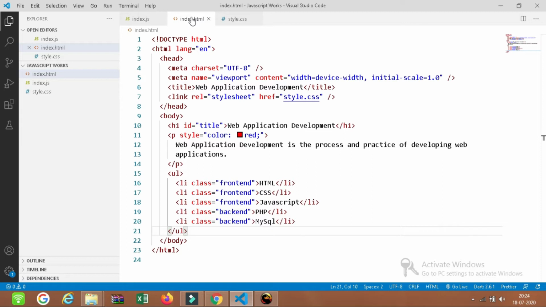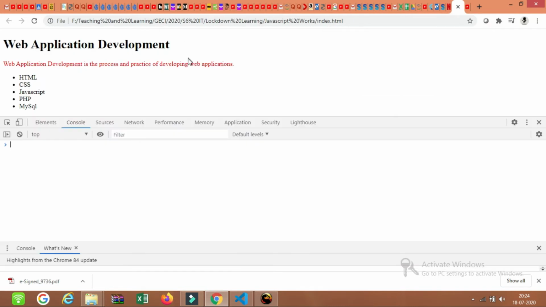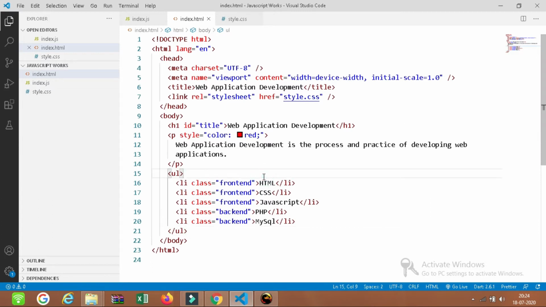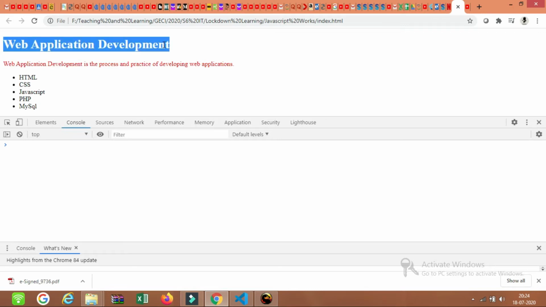In this session, we will learn how to handle events. First of all, this is our web page and the corresponding code for it. Our web page is displayed here. I will close this page. Okay, this is the corresponding web page. Now, what we need to do is create an event. We will add an event to this title element. First we need to get the reference to this title element, and when we click on it, we have to show an alert message.